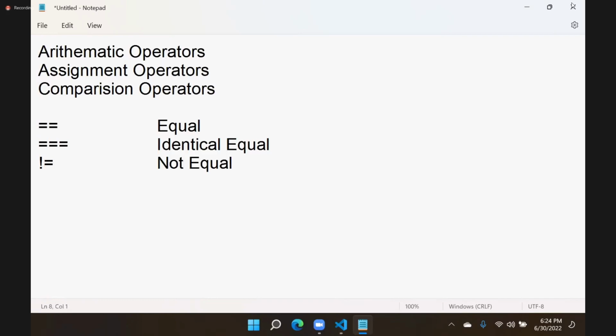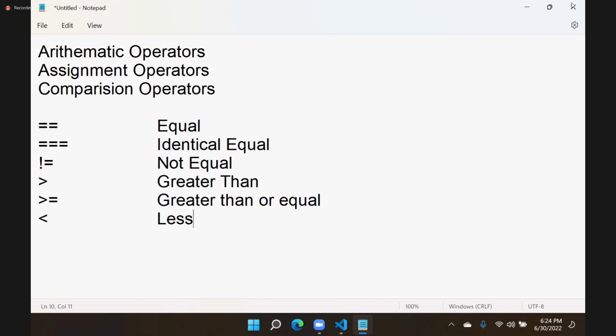And we have greater than, and greater than or equal, and we have less than, and less than or equal. All these are comparison operators. Greater than, less than, all these general things we already know, but the frequently asked question is,